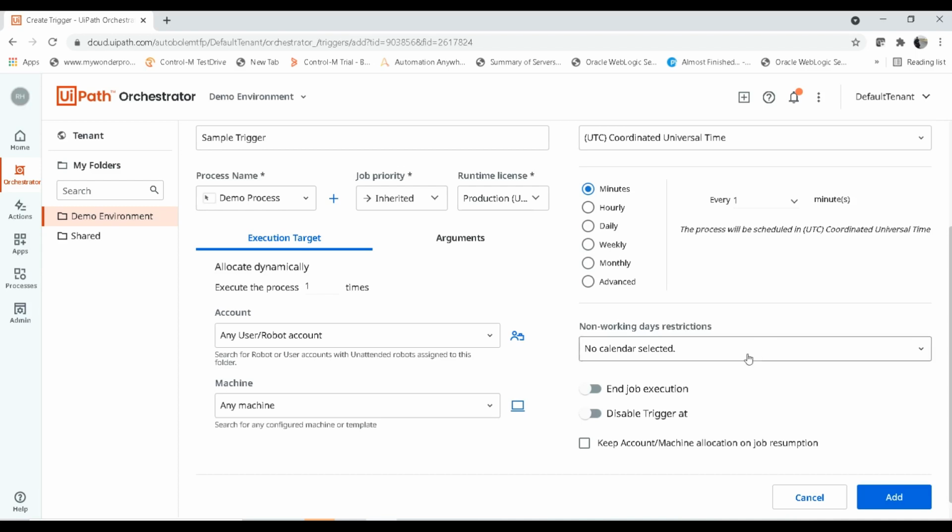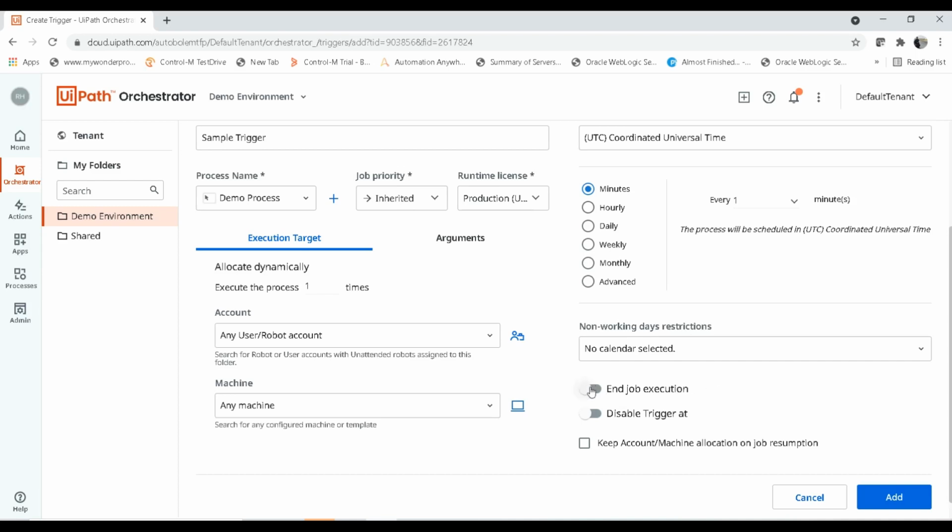So once you did that, on all the days that you marked as non-working days, it will not execute your bot. Okay, so there can be some restrictions, like if you're working for some stock related projects, on public holidays this stock market will not be available, right? So on those days, if you don't want to execute, you can mark the non-working days and you can create a calendar.